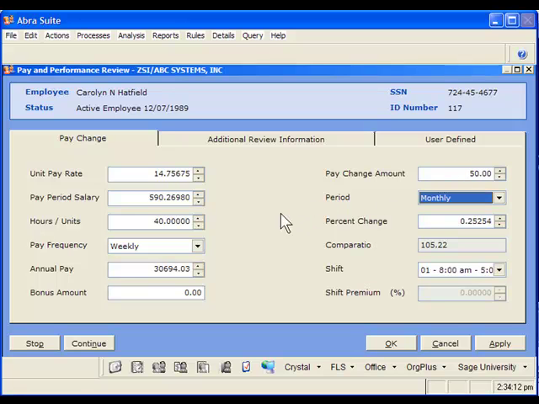On the left-hand side of the screen, Abra will automatically calculate the hourly rate, pay period salary, and annual pay increase based on $50 extra per month. We also have the ability, on the right-hand side, of putting a percent change in. So if we know that Carolyn is receiving a 3% cost of living adjustment increase, we can simply enter the 3% in the percent change field, and when we hit tab, the system will automatically calculate all of the other